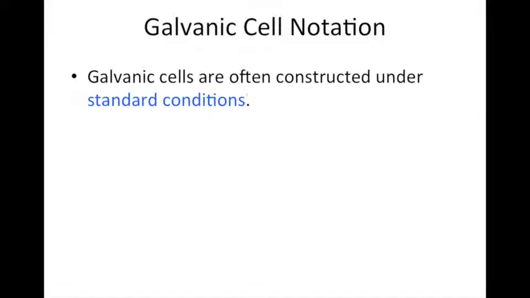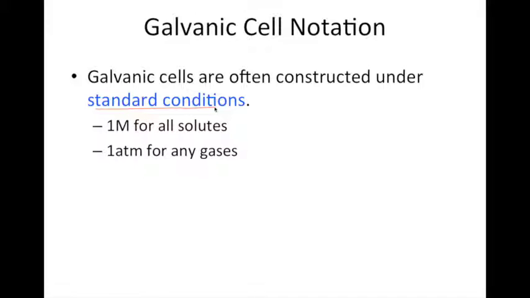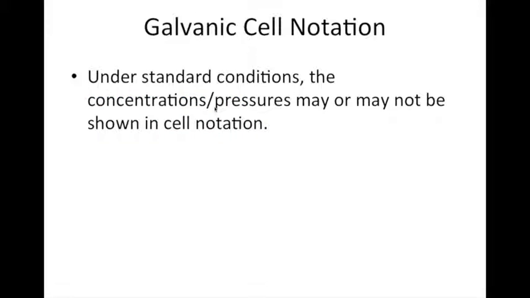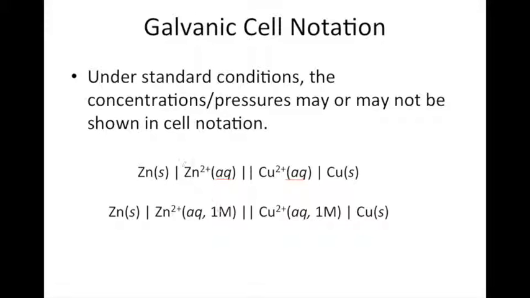Galvanic cells are often constructed under standard conditions, where we have 1 molar for all solutes, 1 atmosphere pressure for gases, and 25 Celsius as our temperature. Under standard conditions, the concentrations or pressures may be left out of our cell notation. So for example here, we assume everything to be 1 molar for the aqueous solutions because we're not given any information. However, we often can put the concentrations, such as 1 molar here and 1 molar here,